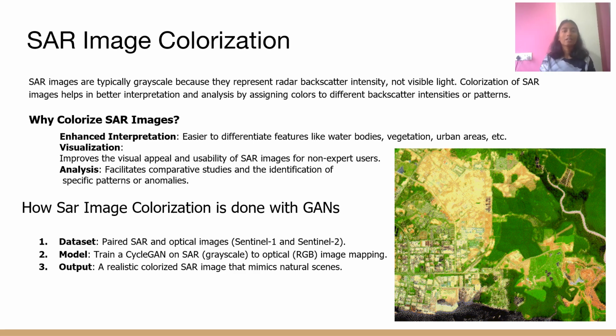Model: a CycleGAN model is trained to map the grayscale images to the optical images. It is ideal for this task as it learns to translate the image domain without requiring any perfect alignment. Output: a realistic colorized image that closely mimics the natural scenes, providing both realism and